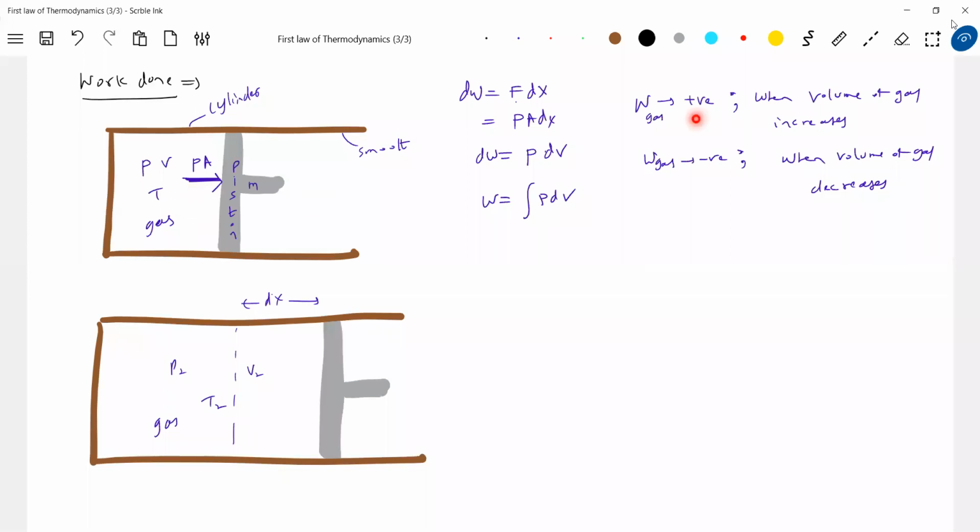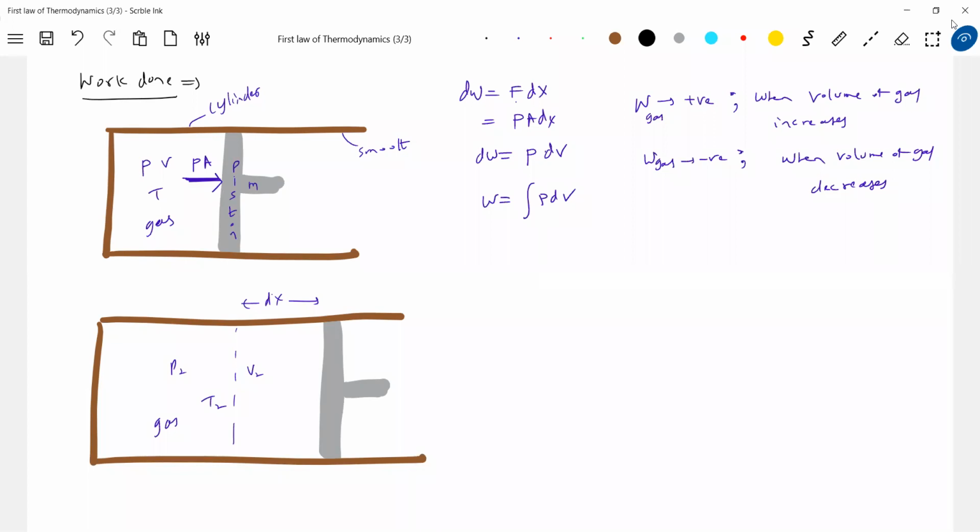The simplest way: if the volume of gas increases, work done by the gas is positive. If the volume of gas decreases, work done by the gas is negative. If the gas does work, it is positive. If work is done on the gas, it should be negative. Able to get this? Well, it depends very much on the path